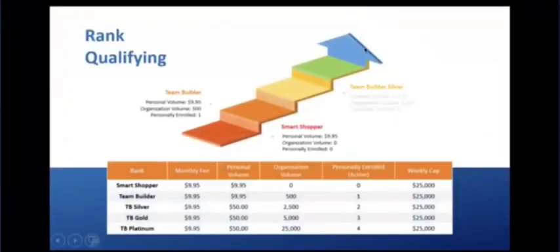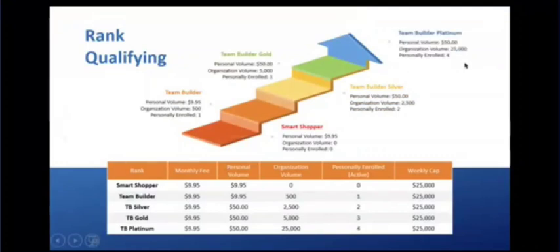Now let's talk about qualifying. This is something that I think you guys will really like because we made this so simple. We made it where people didn't have to jump through a ton of hoops to be able to hit any kind of rank. So let's take an example. Let's go with team builder. To be a team builder, you need a monthly 9.95 membership that you're paying. You need a personal volume of